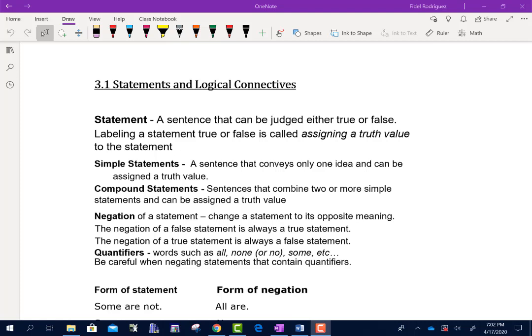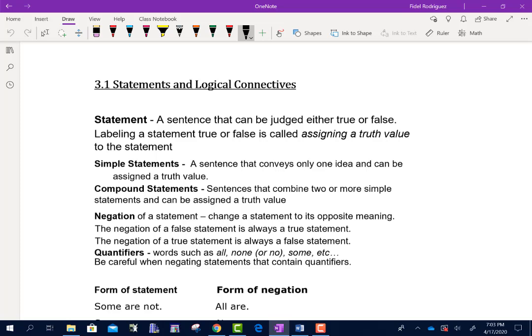All right, so chapter 3 is going to be talking about statements and logical connectives. The one thing I do want to mention about chapter 3 is that this is a very different section than some of the stuff we've done before. There are a lot of similarities between this and what we did in chapter 2 on sets, but just like